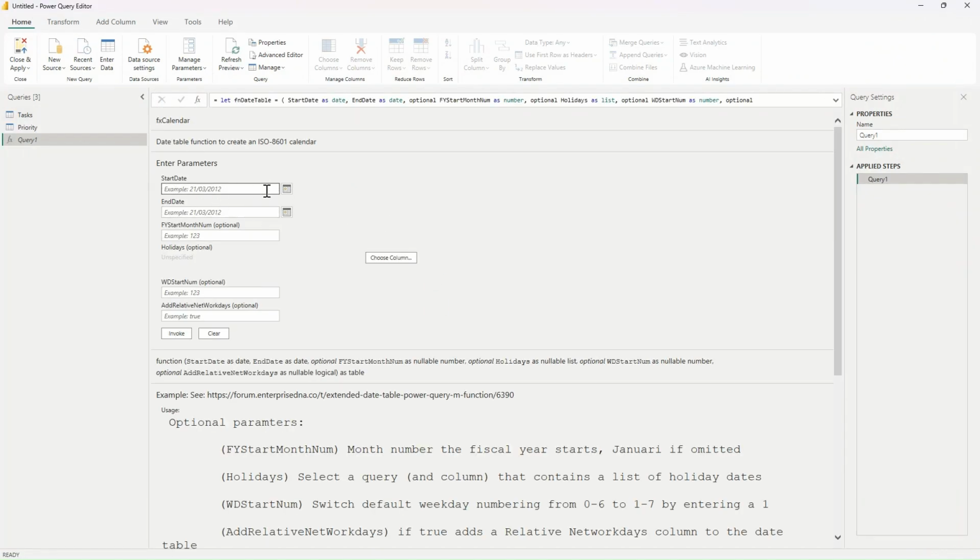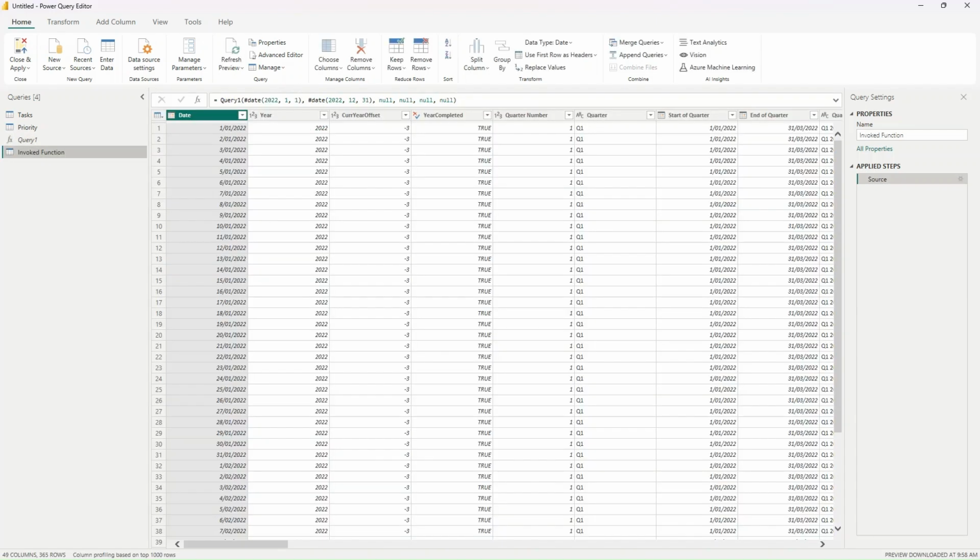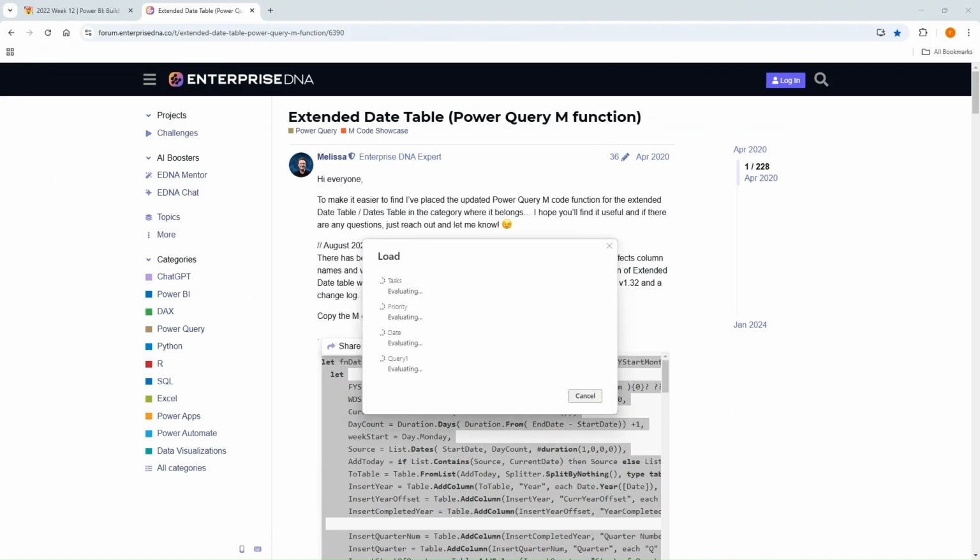Once this is done, it's going to invoke a function, and the dates that I'm going to be choosing would be from 1st of January 2022 to 31st of December 2022, because those are the dates that I can see in the data. So let's go 01/01/2022 to 31/12/2022, and I'll click on invoke. Now this date table is created. I'll just rename it as date. I'll share the link of the website from which I've got the date table in the description. And now that all our transformations have been applied, I will click on close and apply to apply these changes.